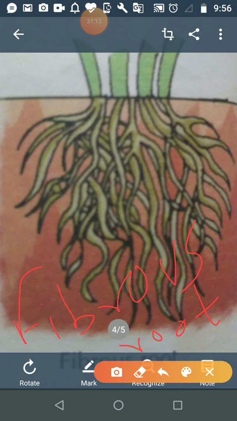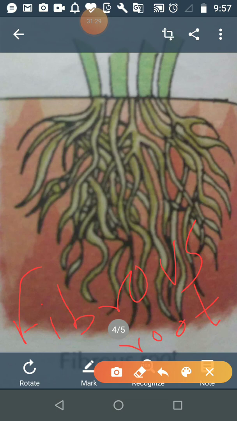Is it clear? So now the next point: roots hold the soil. This I have already discussed with you. Why do we say roots hold the soil? Again the same thing which I told you earlier. Root is that part of the plant which is under the ground, so definitely the root will hold the soil. Root is that part which is in touch with the soil, and other parts of the plant are above the ground. So roots hold the plant. Roots provide support to the plant. That is the reason plants stand straight.